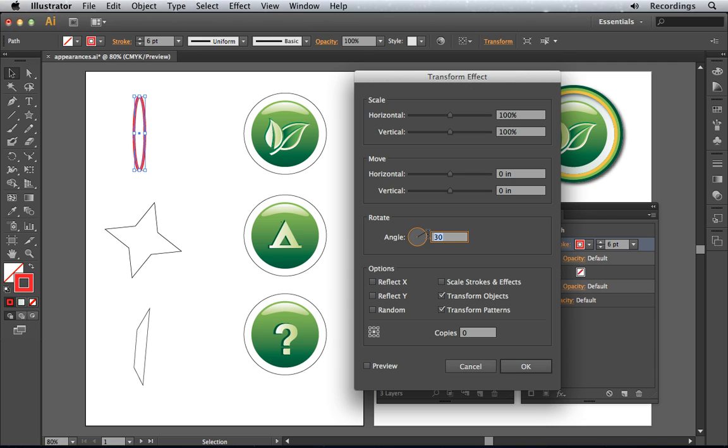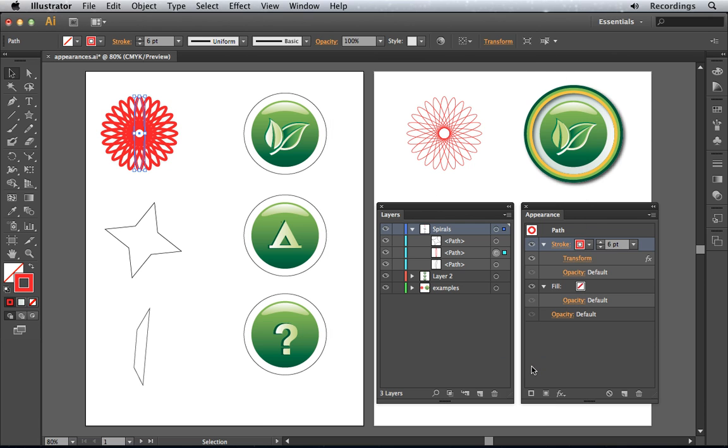Let's make it a 15-degree rotation, and we'll do a couple of copies at the same time. This goes back to when we were looking at the transform tools and features in an earlier video. I'll just push that up to 10 and maybe even one more, and we've got 11 here. Once I click OK,